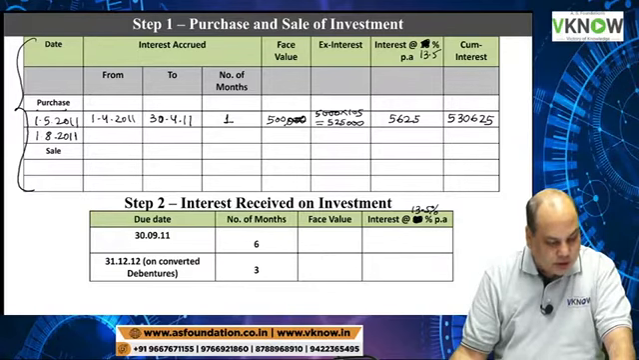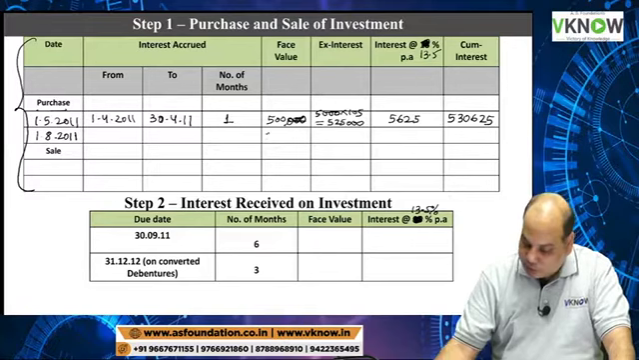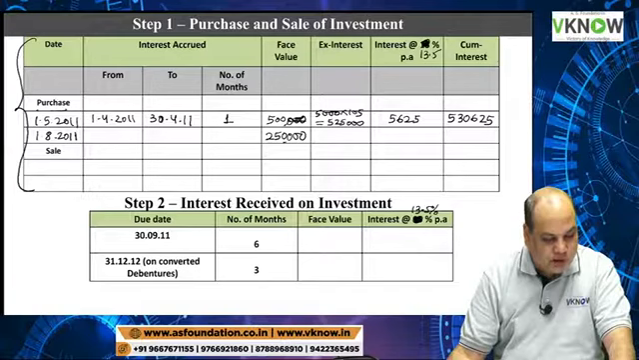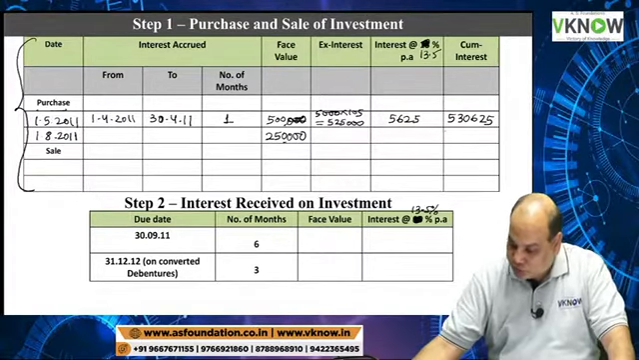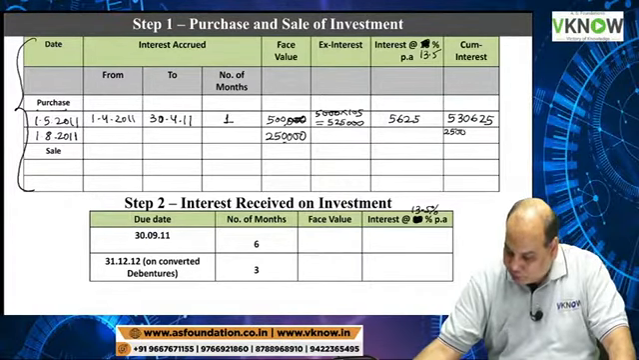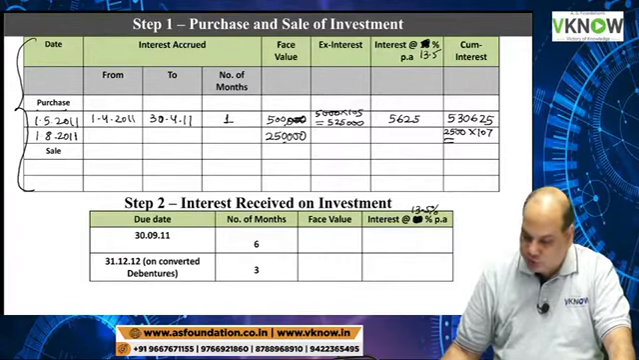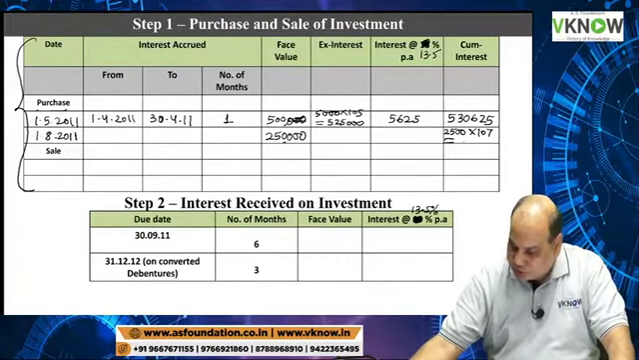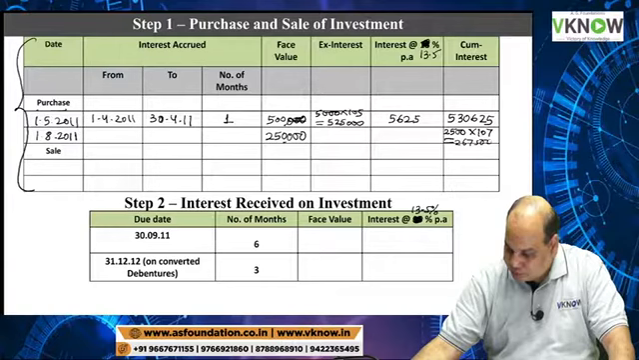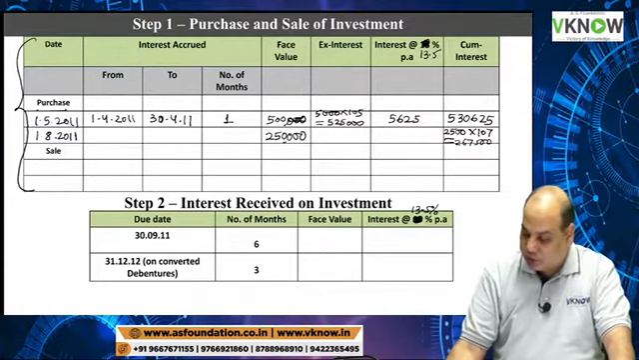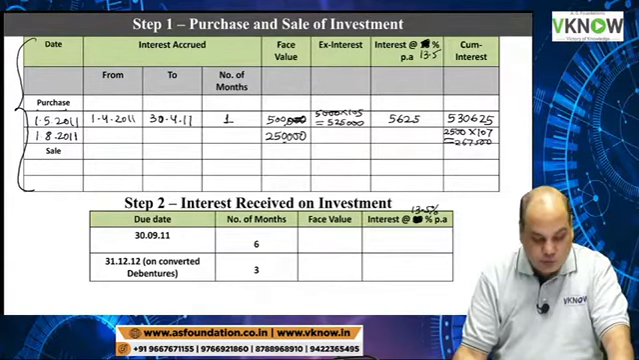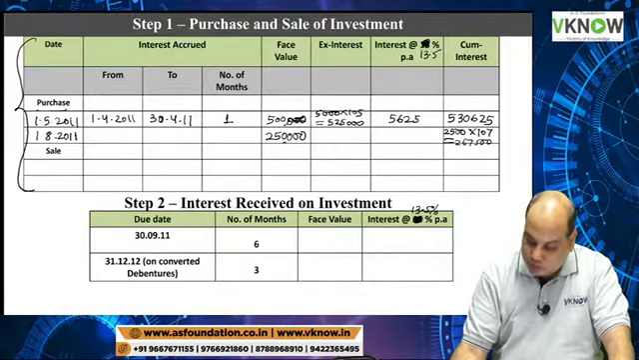Now read the next paragraph. 1st August. Purchase 2,50,000 face value debenture, and cum interest is 107. So cum interest column 2500 into 107 is 267,500. Interest will accrue from 1st April 11